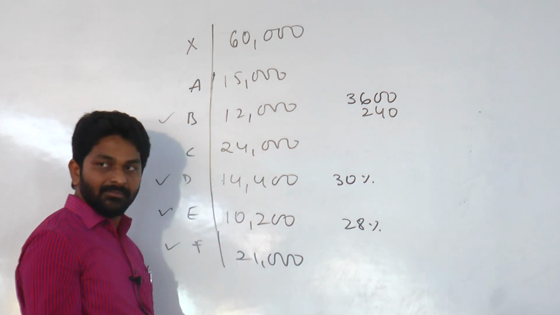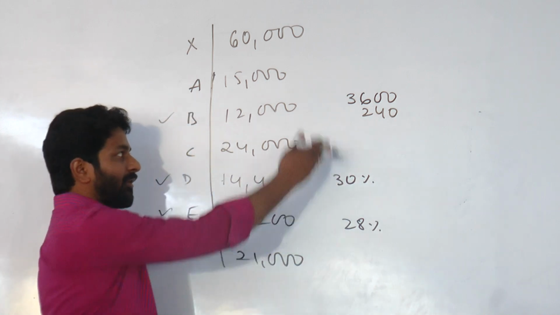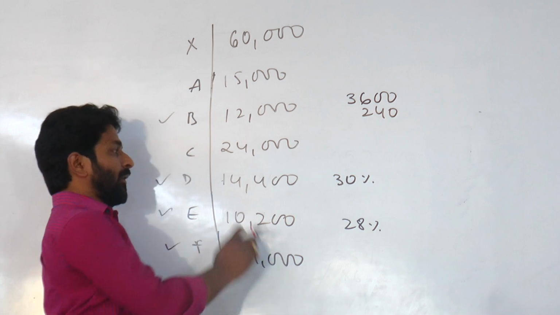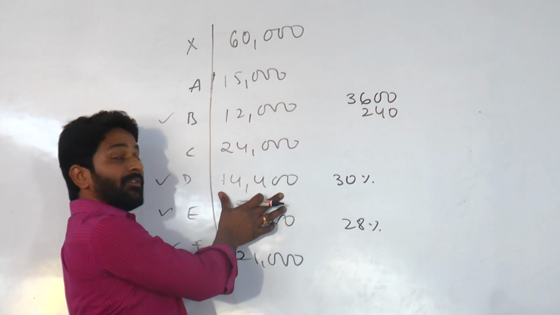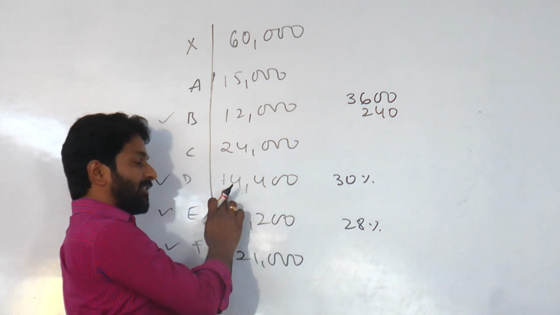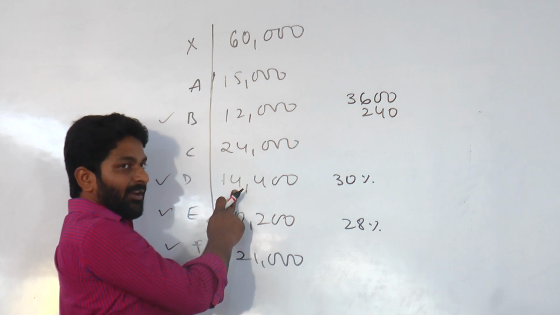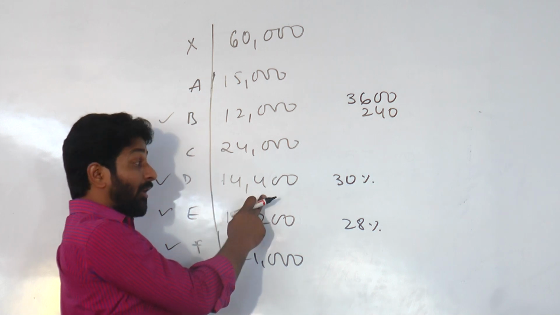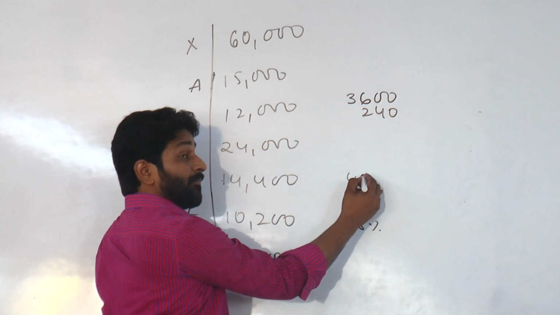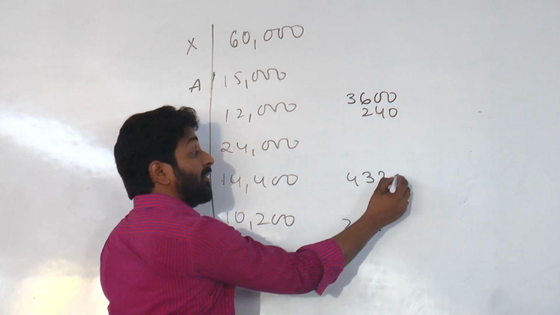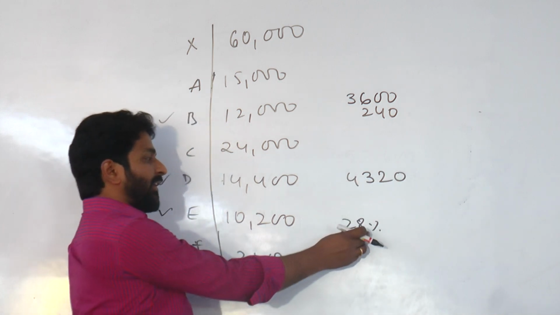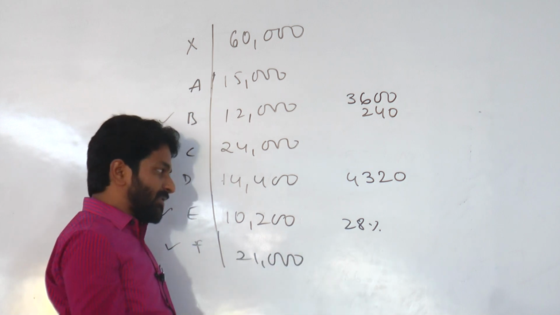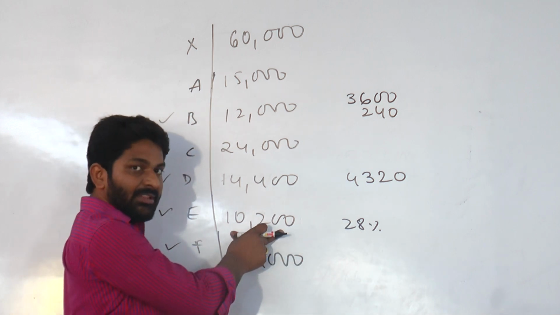Let it be like that. We can add later. Anyway, you need to add everything, right? And then 10% of this number 1440. 30% 3000, 1200, 4200, 120, 4320. 28%, 30% minus 2%, 10% 1020, 30%